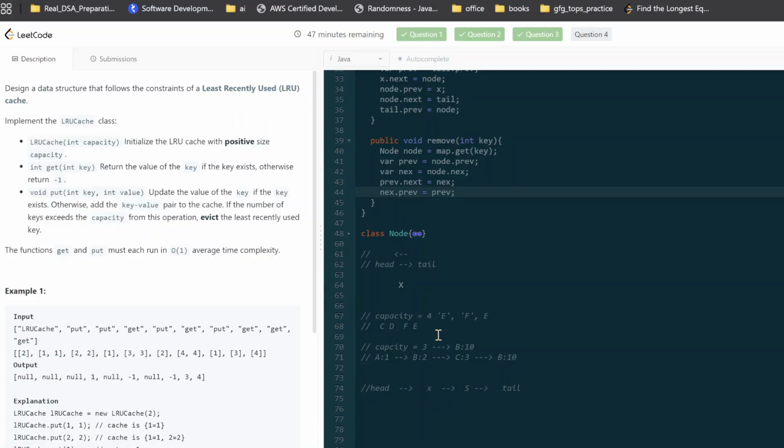Yeah, I think this will work. So what I'm doing is, let's say I wanted to remove this x and maybe this s. So I will go to the previous. So this is my previous. I'm saying previous dot next. So I'm removing this pointer and this is going to point to the next, and the next